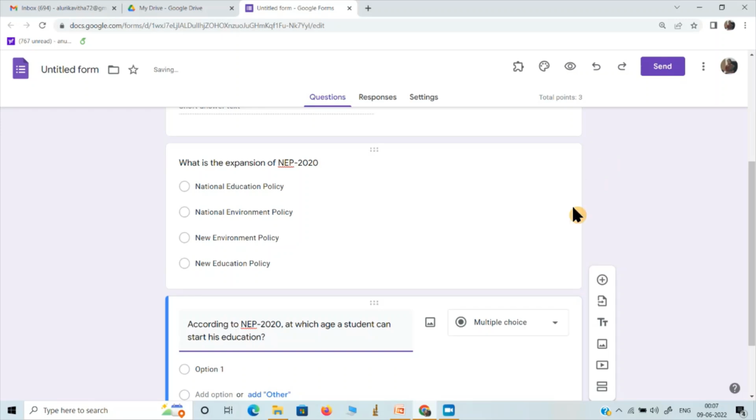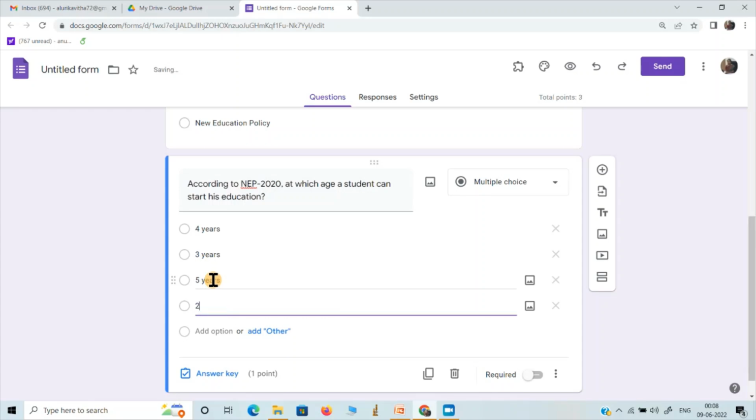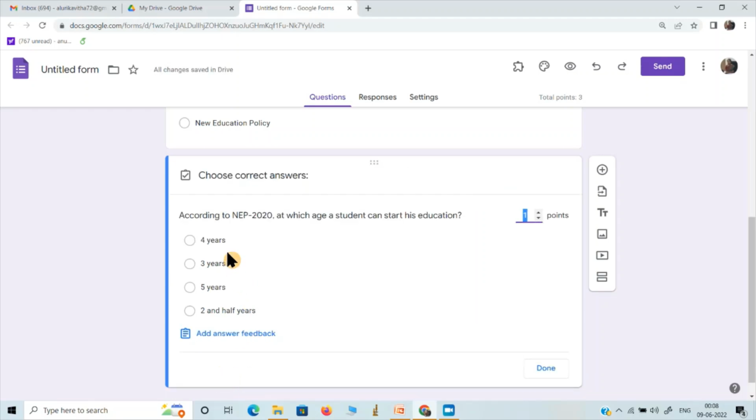Okay, so I can give my answers. At which age? Maybe 4 years. Second option could be 3 years. And third answer could be 5 years. And next it would be 2.5 years. Okay, so now again we can go to answer key, and then here what is the right answer,